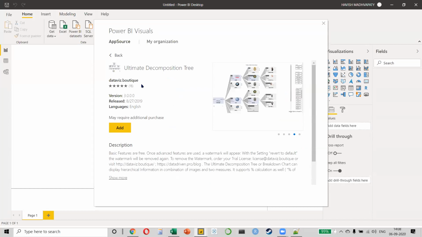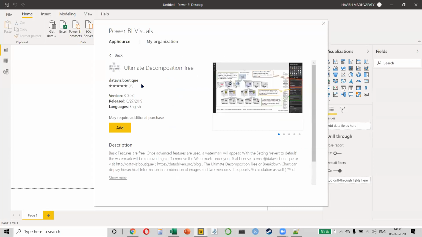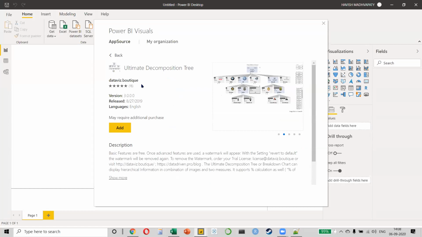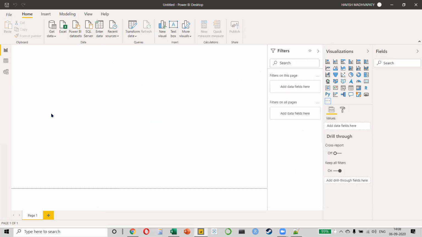Because Tableau is more like Apple, they make sure that everything that you're doing is very systematic and errors don't happen very frequently. Because Power BI is like Android, it means that anybody in the world can put anything on Power BI, but there is very little quality control. And that's the reason errors and bugs also come very frequently. If you only use the inbuilt visuals, then there is no challenge. But if you use the visuals that you download, then there might be an issue that comes up. Yeah, that's the only two things I can think of.